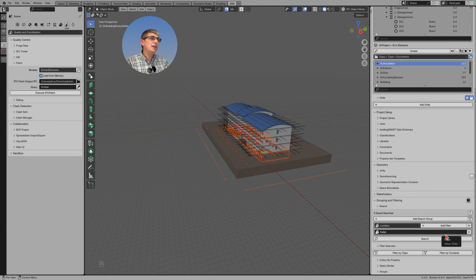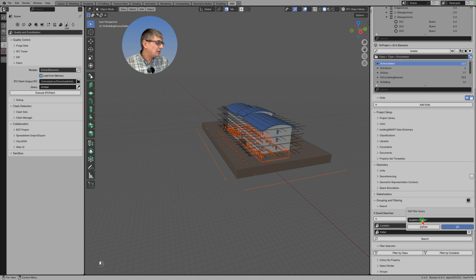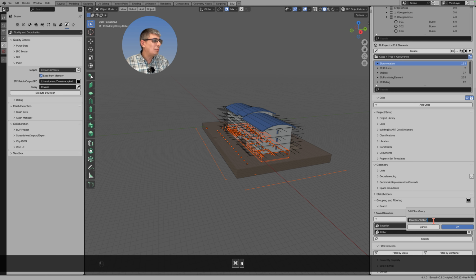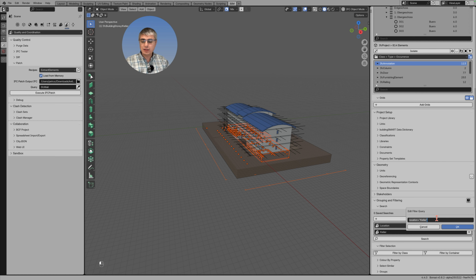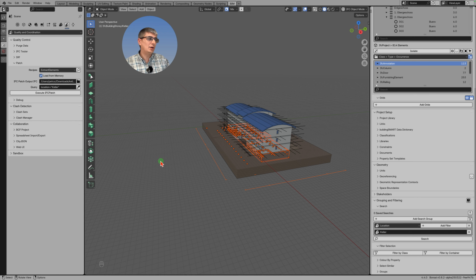Now, what do you do with this? Well, you click on this icon right here on the right hand side. You see Edit Filter Query, and you get to see actually what the query is. And you see location equals Keller, and I will just copy paste. You see I select everything, and I press Command A. You see that symbol in the middle, and now Command C. I use a Mac, so if you use Windows, use Control C. It's the same, right? Now I copy this, and I go here, and instead of IFC wall, I just delete this and paste it. And we see we have location Keller. Now I unselect everything here,